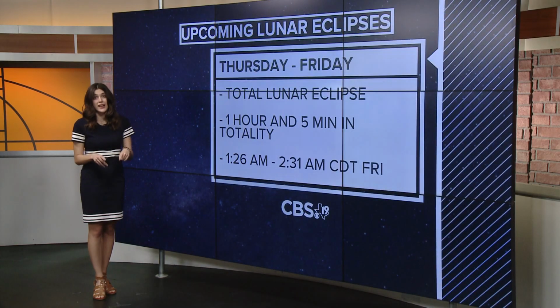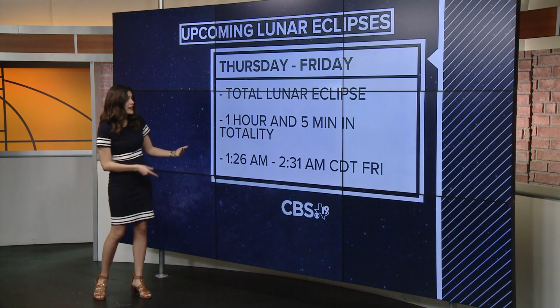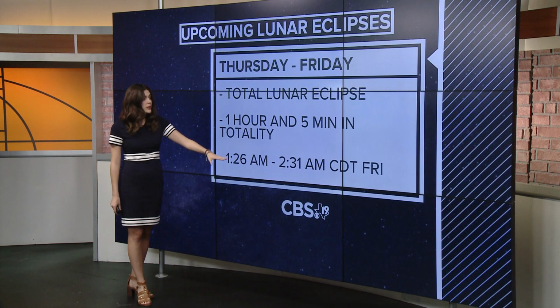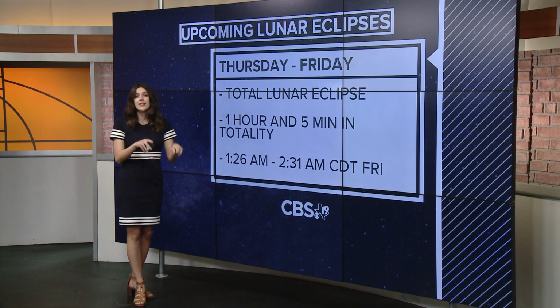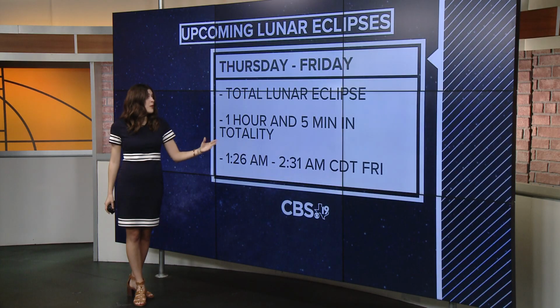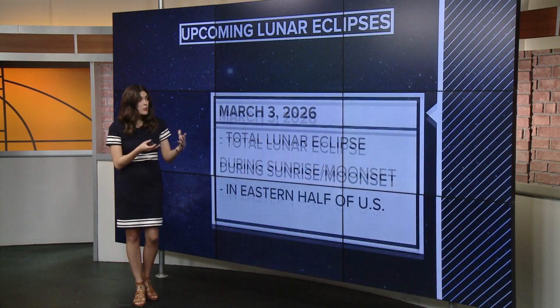Now, this is happening on Thursday night into Friday. It's happening in the early morning hours of Friday. When you're in totality, that'll be around 1:30 a.m. and continue to a little after 2:30 Central Time Friday morning. Totality is lasting about an hour and 5 minutes, and hopefully you can see this one